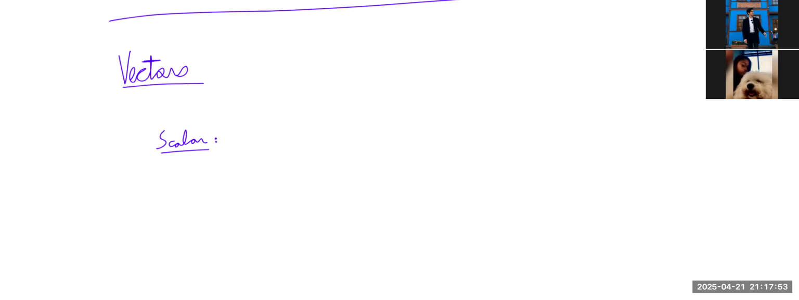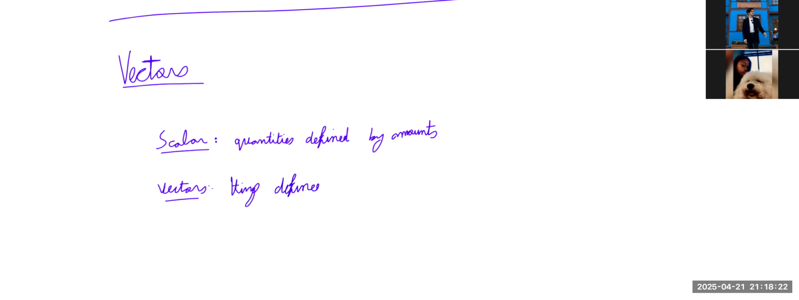Scalars are quantities completely defined by their amount. What are vectors then? Vectors are things or quantities. Well, technically you shouldn't say quantities anymore because quantities means amounts. So things defined by amount